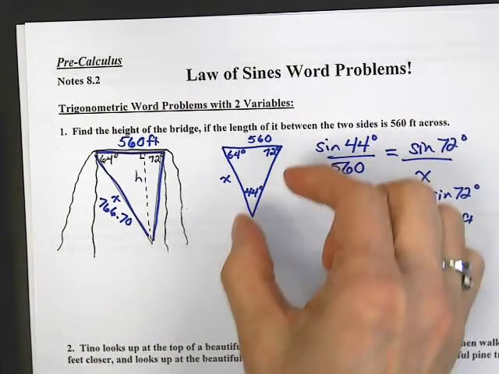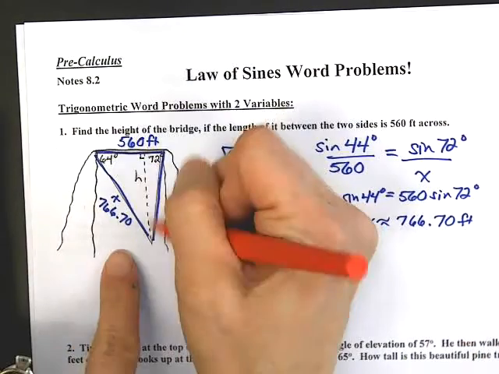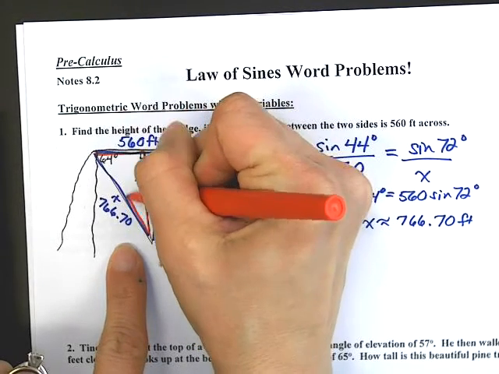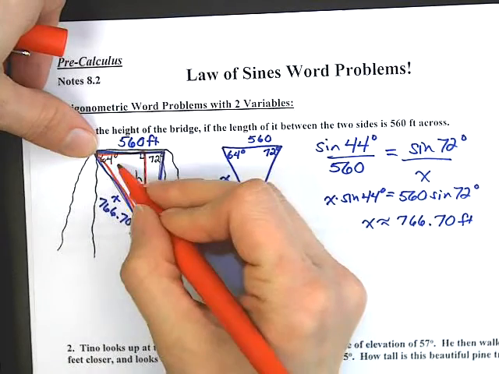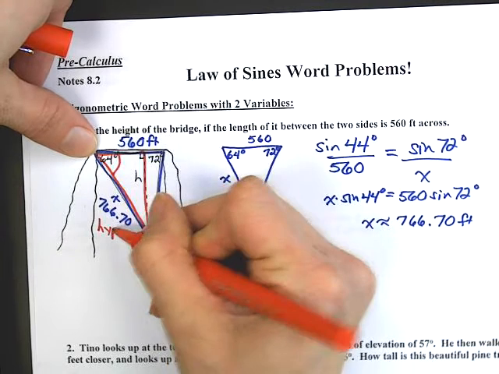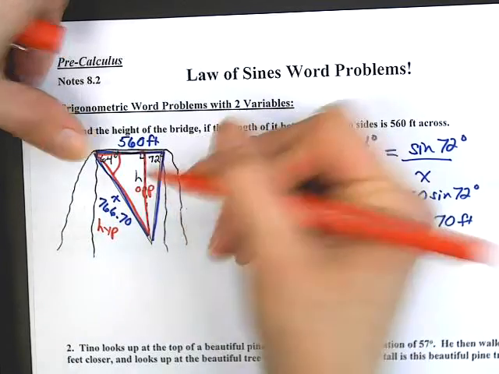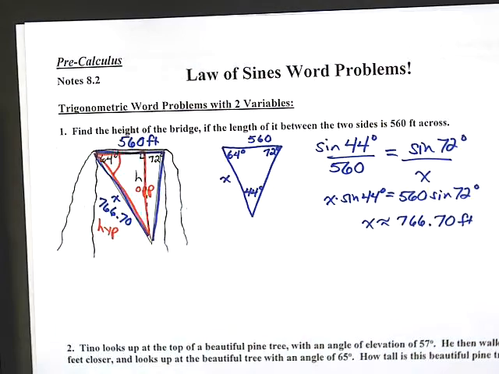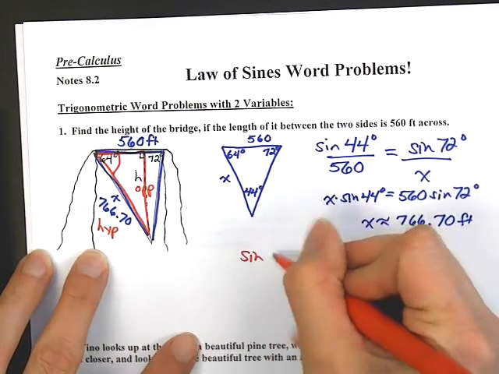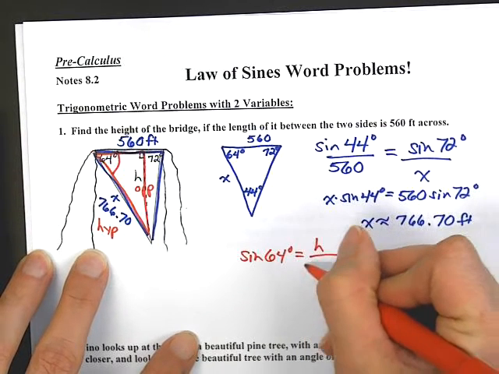Okay, well, why are we finding that side? I need to find something in the big triangle that will now help me find something in this little triangle. So now I'm going to look at just this little right triangle right here. This is a right triangle. I've got an angle of 64 degrees. I know this, which is the hypotenuse, and I'm trying to find h, which is the opposite. So now this is just a basic SOH CAH TOA problem. Which trig function uses opposite and hypotenuse? Sine of 64 degrees is opposite h over hypotenuse